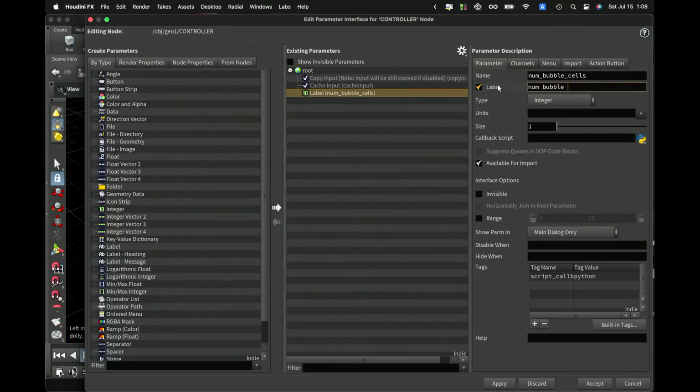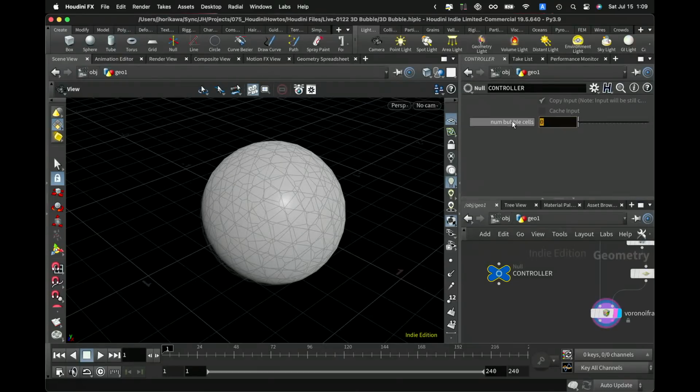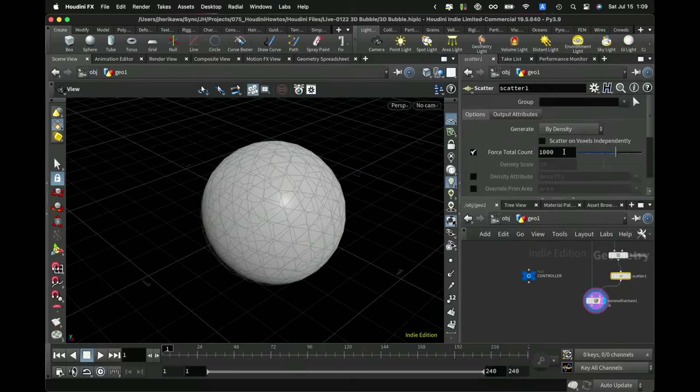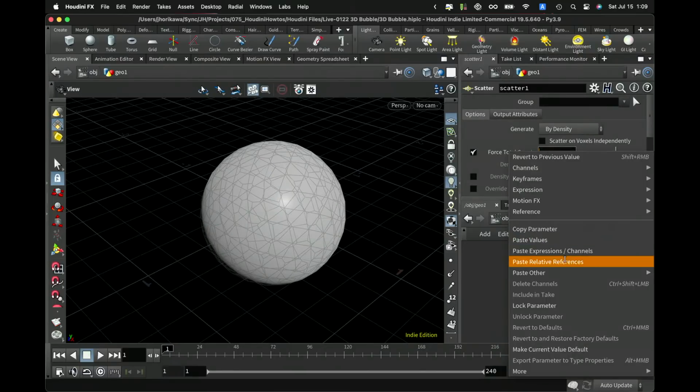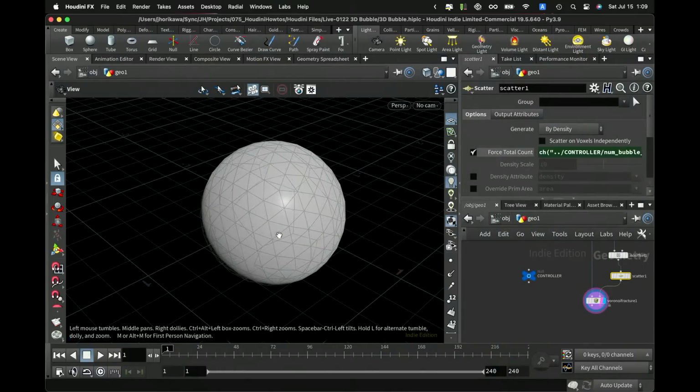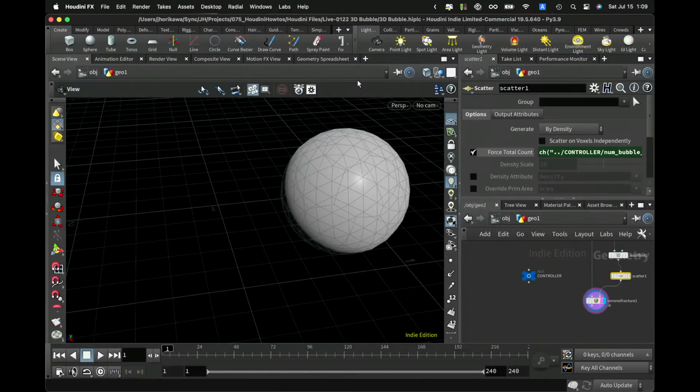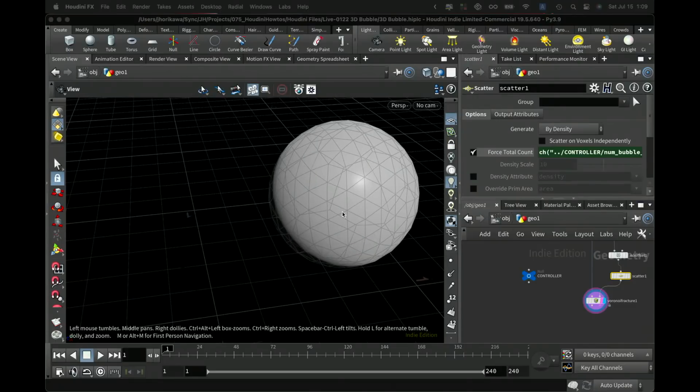Number of bubble cells. Okay, let's say it's from 1 to 100. Let's go with 40 for now. Paste this here so that we have 40 cells inside this sphere volume. Now, what I want to do next is to make each cell